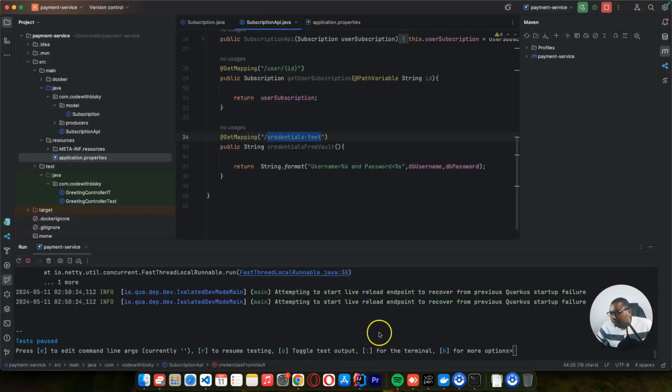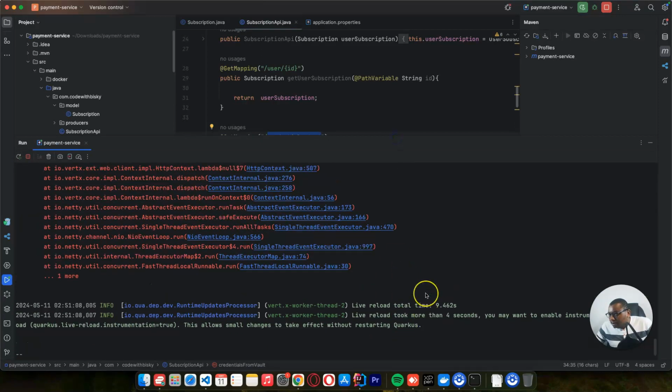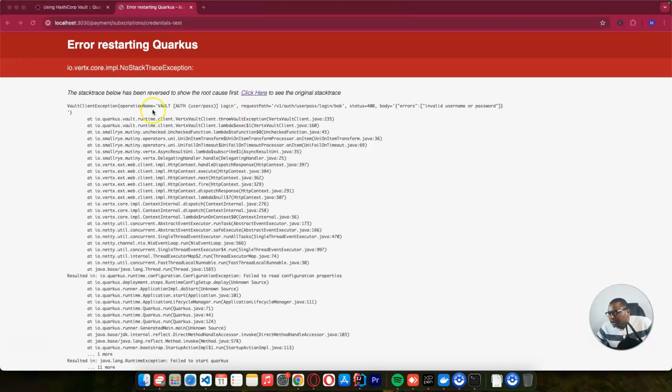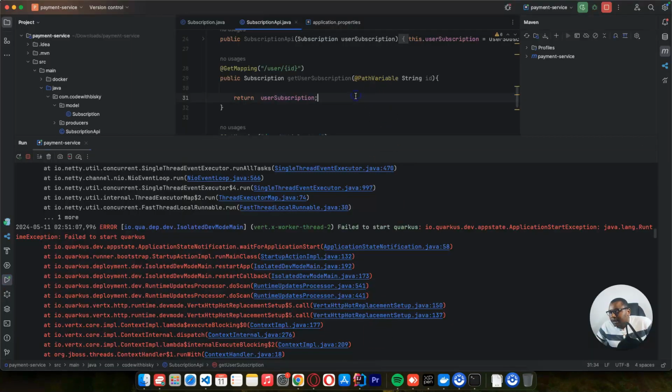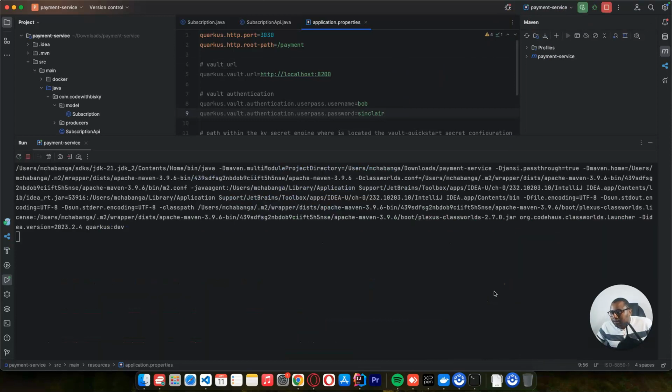So let's see in our application. In our application, you can see here, we are going to have a vault auth error because our username and password is incorrect. So let's fix this and test. So we can go to application properties and we can remove this one and we can test. So after doing this, let's just refresh here. You can see the username is Bisq and the password is 123456,